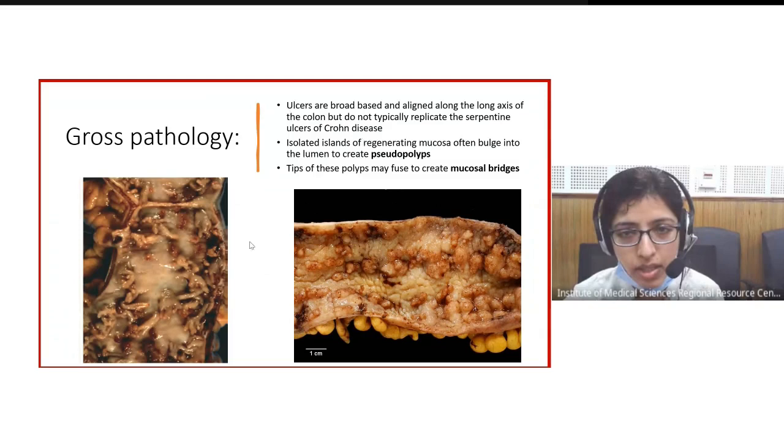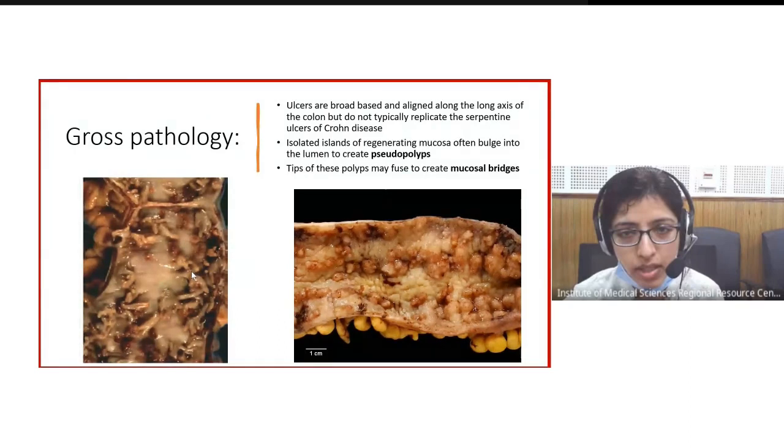Now, this is the region of the colon that is affected, and the mucosal folds have flattened out. There is edema, and this is probably the regenerating mucosa. So, a regenerating mucosa in between two areas of affected mucosa will bulge out, and this is what is called a pseudopolyp. So this is why it is pseudopolyp. It is not a true polyp.